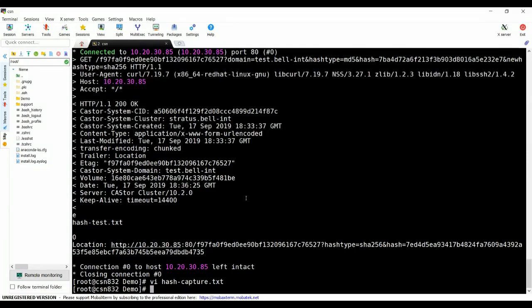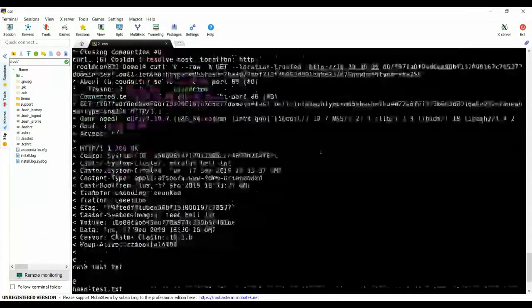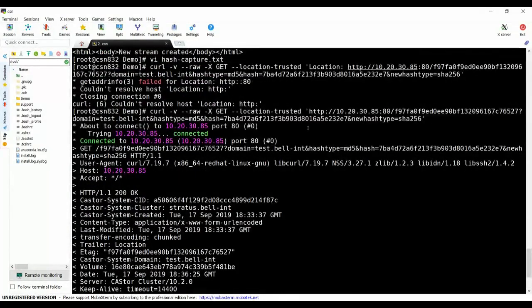I'm just showing you in a very basic way how you would mock that up with curl, so you would know the type of information you would need to get back, what kind of interaction on output you would need to account for, the integrity seal and so on. But that demonstrates that we didn't have to rewrite the data. We issued a get, we told it to use a new hash type, and we gave it the original hash